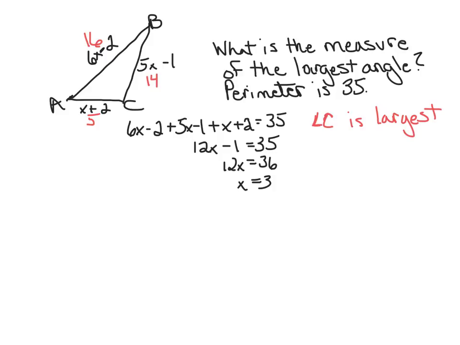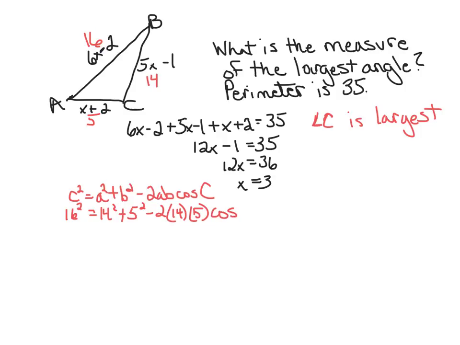Remember, that would be C squared equals A squared plus B squared minus 2AB cosine C. So 16 squared equals 14 squared plus 5 squared minus 2 times 14 times 5